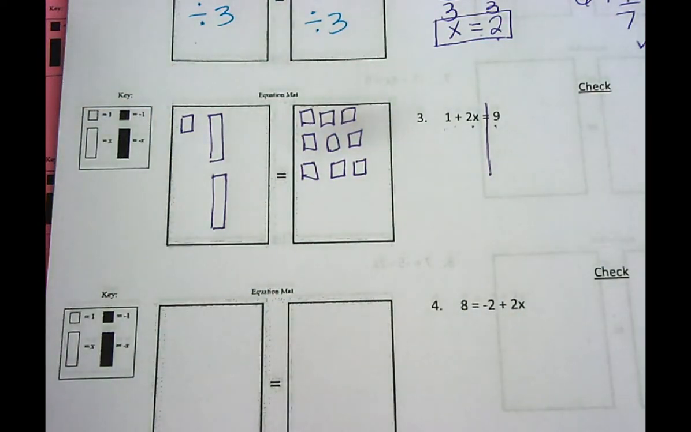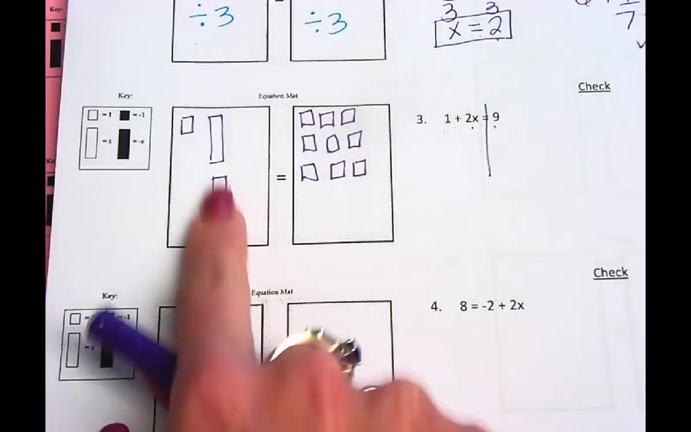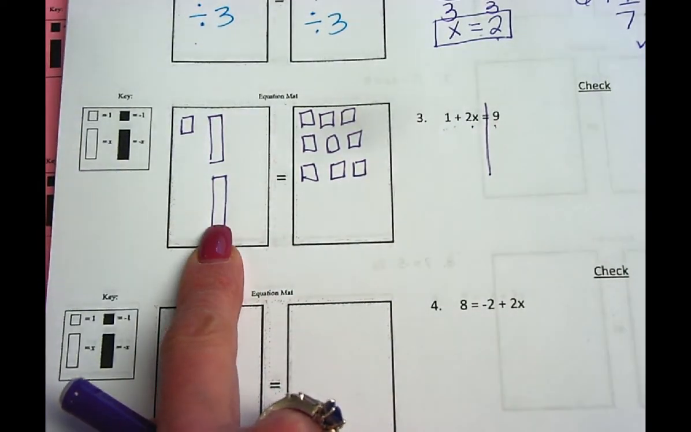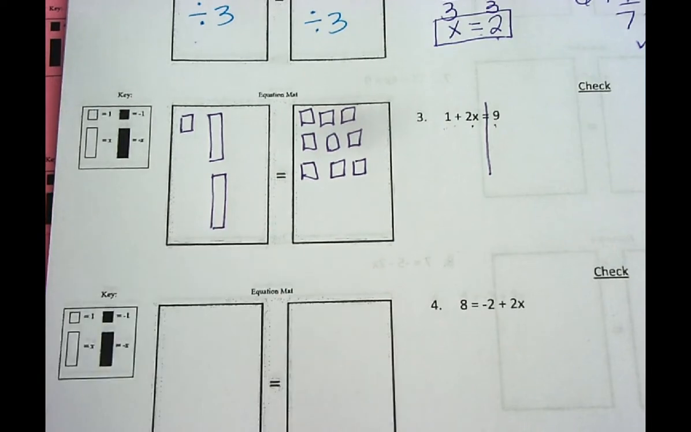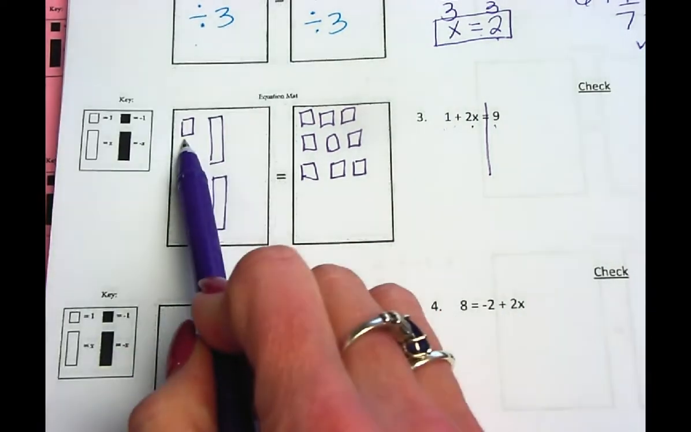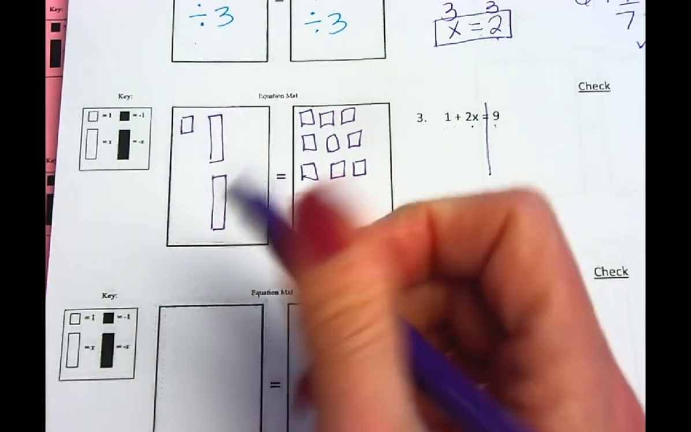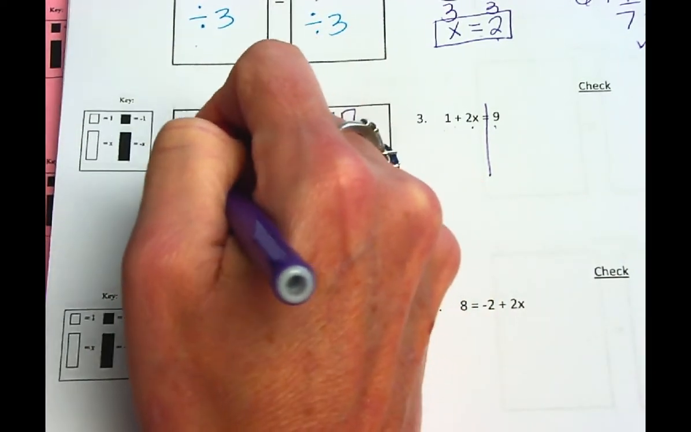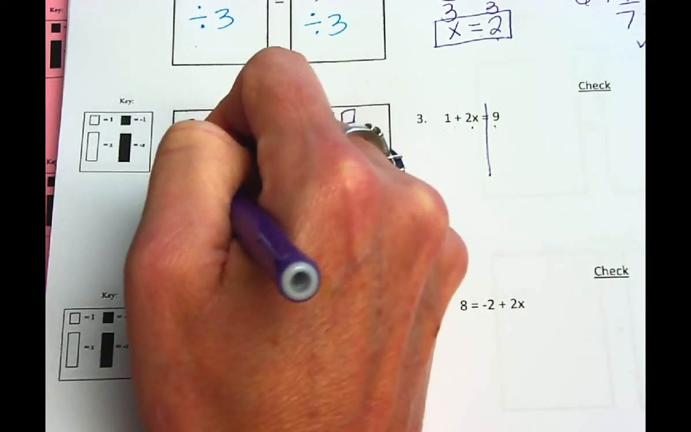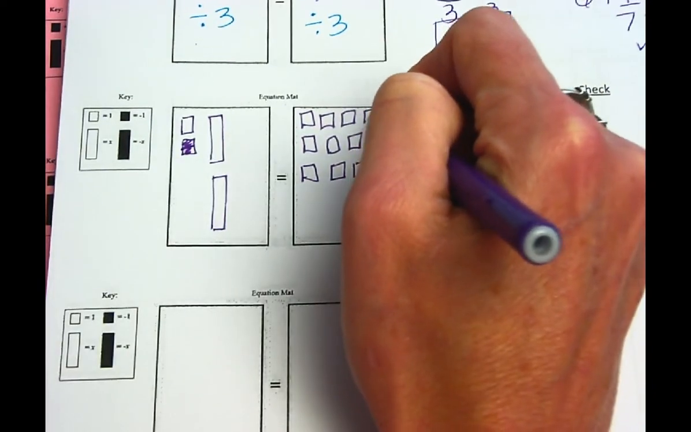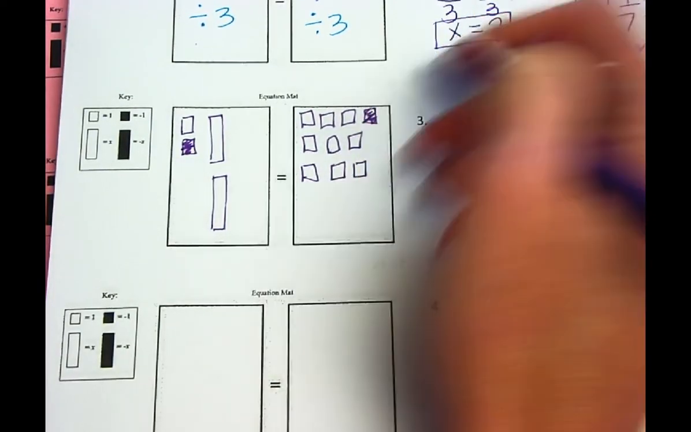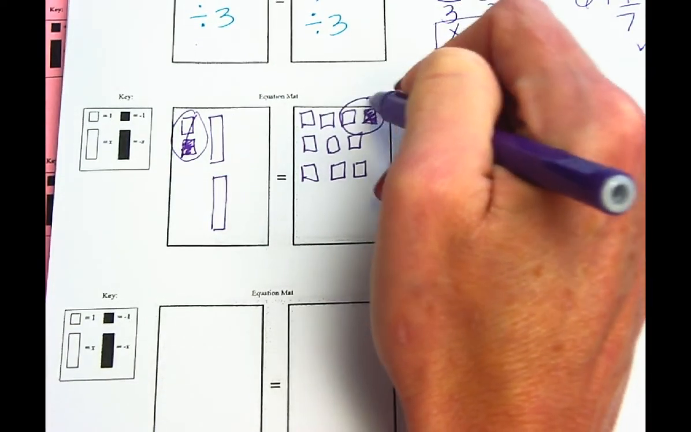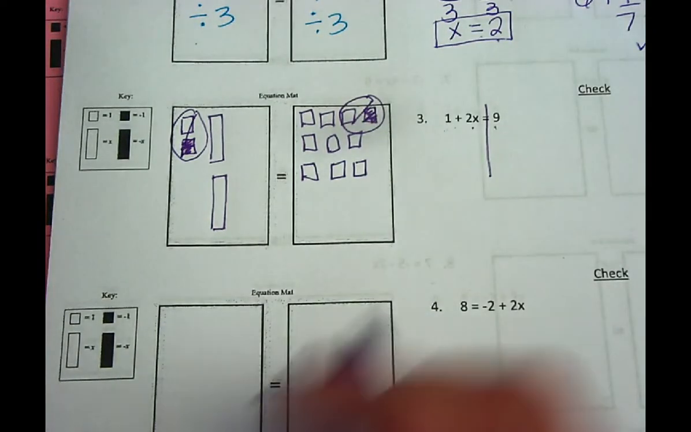So how do I get rid of? Again, I want to isolate my variable, so I want to get one of these bars by themselves. But before I can do that, what do I need to get rid of? The positive 1. So how do I get rid of a positive 1? Yep, I make a 0 pair. So I add a negative 1 here, and I add a negative 1 here. So what's going to happen is on this side it cancels out, and on this side it cancels out. And the way I show this